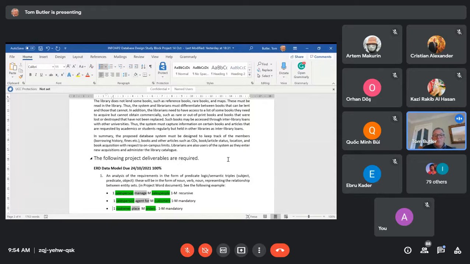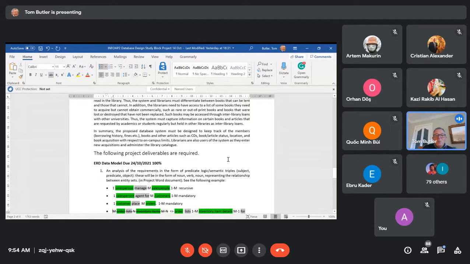So in summary, the proposed database system must be designed to keep track of the members' borrowing history and fines, etc., books and other articles such as CDs, book article status, location, and book acquisition with respect to on-campus limits. Librarians are also users of the system as they enter new acquisitions and administer the library catalogue. So that's the end of the system description. And now to unpack that,